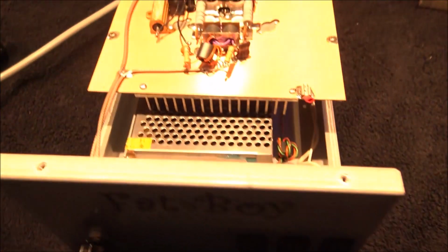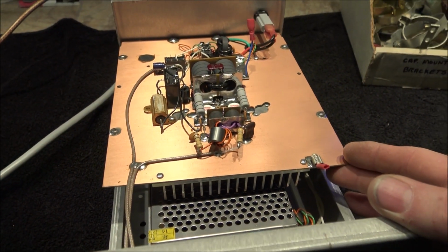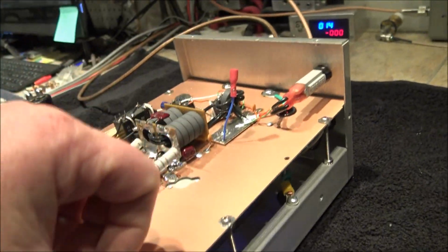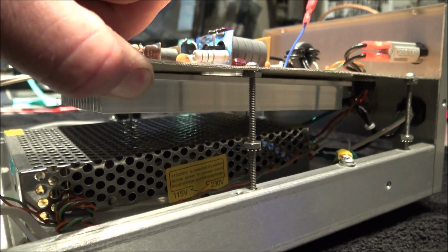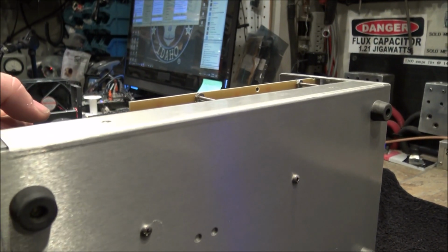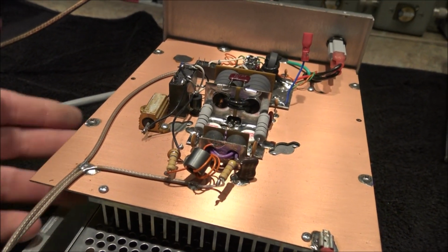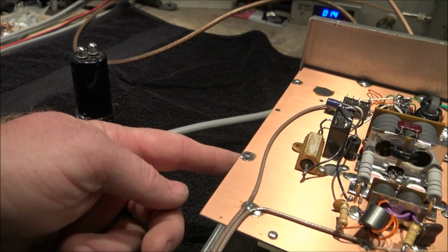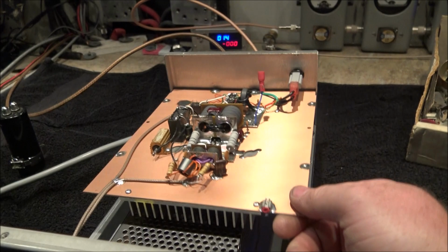Well, Mr. Spark, we've done some upgrades to the box now since you've seen it last. This is sitting over here playing with it. Still got a couple more things I got to change, but what I noticed was that this board's only being held in by the solder joints. Look at that. Board's only being held in by the solder joints back here in the back corner. Those screws don't continue through. So what I've got to do is completely disassemble this now, and then flip the mounting bracket post for this thing over. These long screws are actually going to have to go into the body, and then I've got to create another little bracket to stabilize this circuit